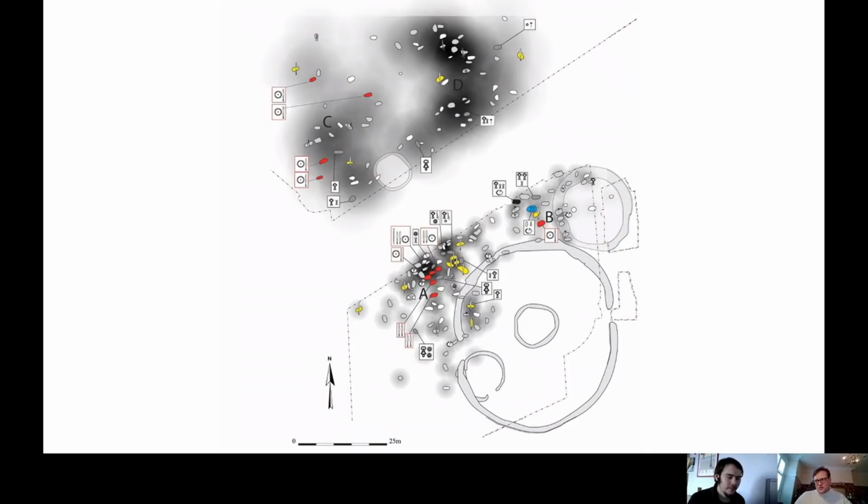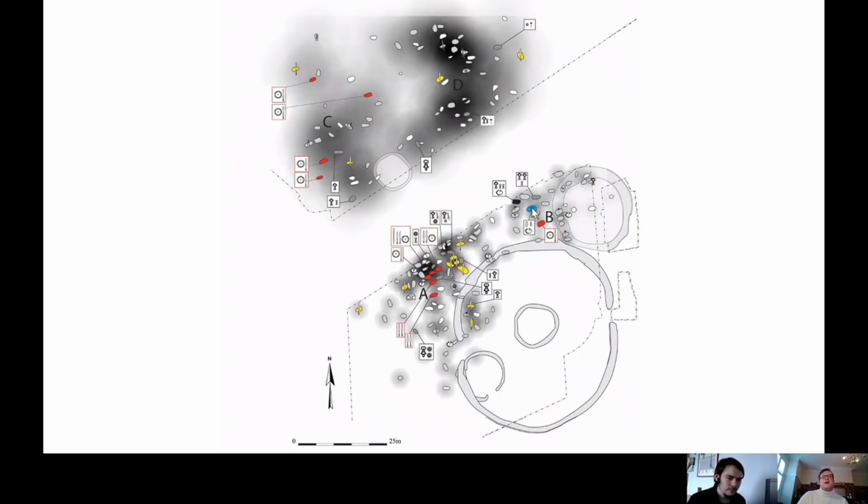Just while we've got it up, West Hazleton is quite neat in illustrating those attitudes, particularly in relation to male identity. As I mentioned, we've got this T shape right in the centre of cluster A here, which is buried adjacent to this massive Bronze Age barrow. Just to the west of that, we've got this little barrow and a smaller cluster. And right in the middle of that is burial 77, which I've illustrated blue here. And everybody else, if you look at them, they seem to envelope around it really neatly. So you can imagine that there was probably a small mound over the top of that, and those burials have been placed in sequence around that mound.